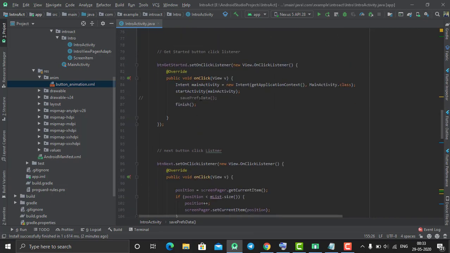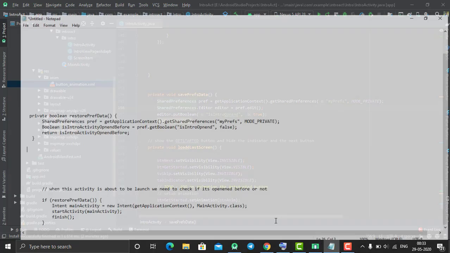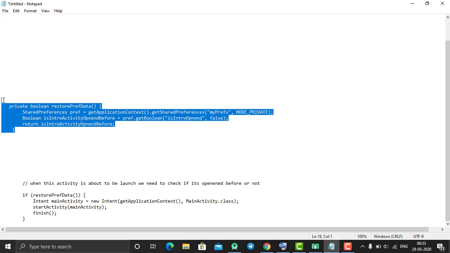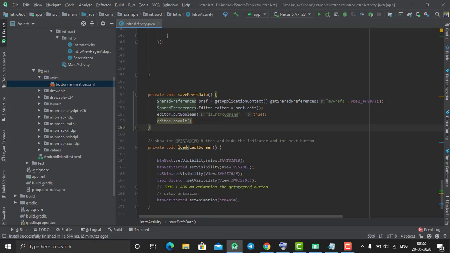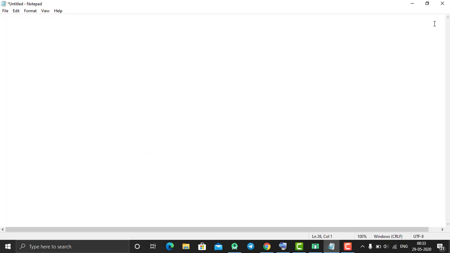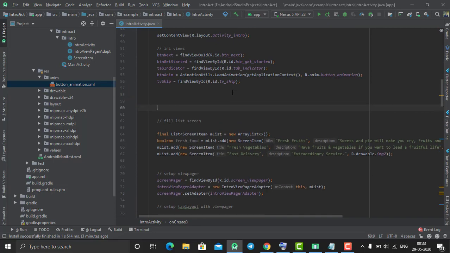So the first time we visit our application and it launches our main activity, via this intent, at that time I will call this method and store this value into my shared preference. And once this value has been stored, which means you have visited our application, now I'll create one more method here which will fetch this shared preference value, right? And this one is to check; put this if condition into our onCreate method.